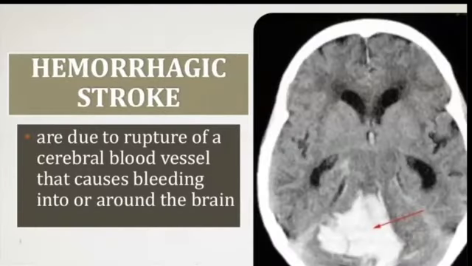So this image here is showing us a hemorrhagic stroke. Now, for those out there who don't remember, a stroke is an acute neurological condition. This means that this patient has a sort of disruption in their cerebral perfusion. This disruption, or this cutting off of the blood supply to the brain, can either be due to ischemia, which means that the blood is not arriving to the brain, or it may be due to hemorrhage, which means that the blood is escaping the vessels before entering the parts which it's supposed to